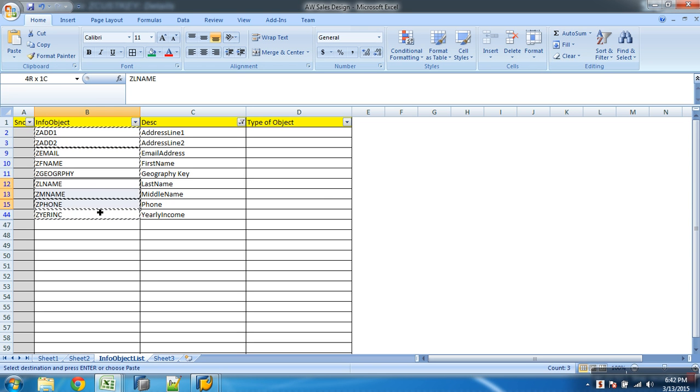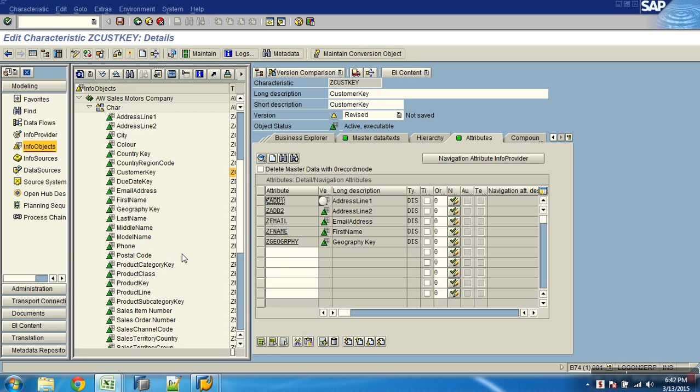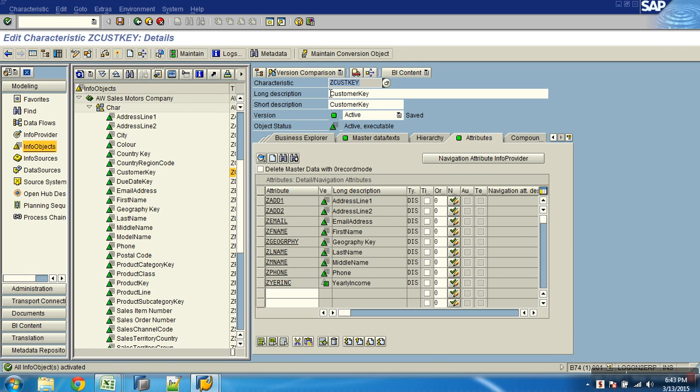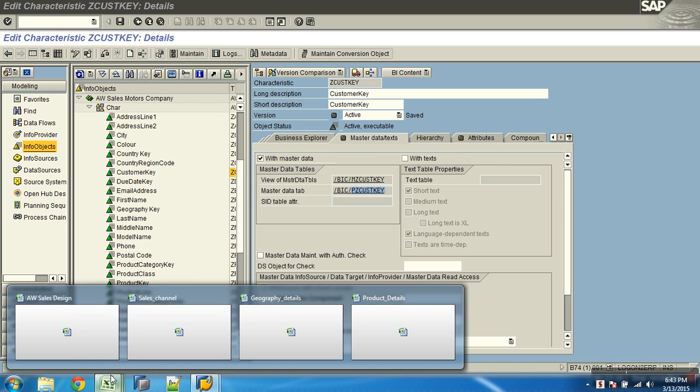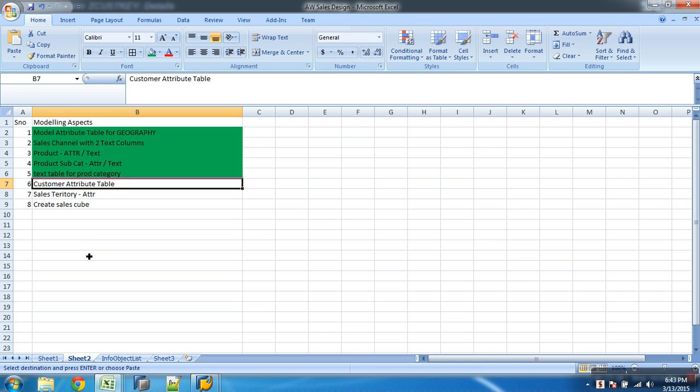Geography, and then done. Now with all this, will it create the attribute table in the backend? So attribute table of customer key, the /P table. So all my master data tables are done.